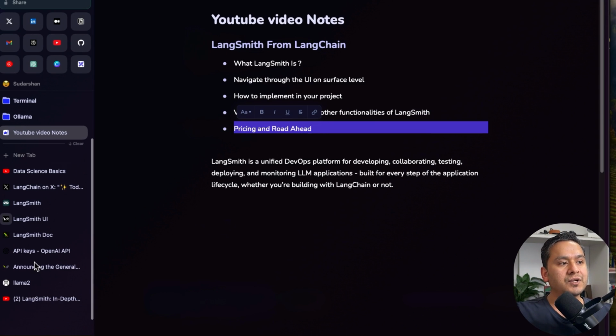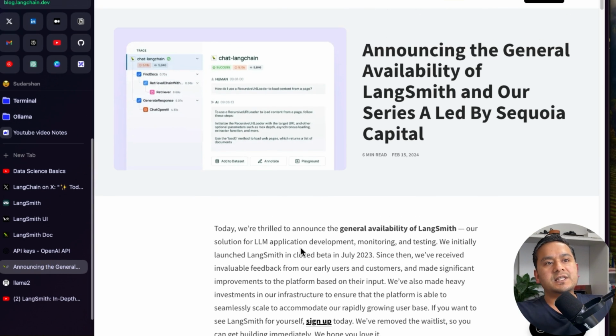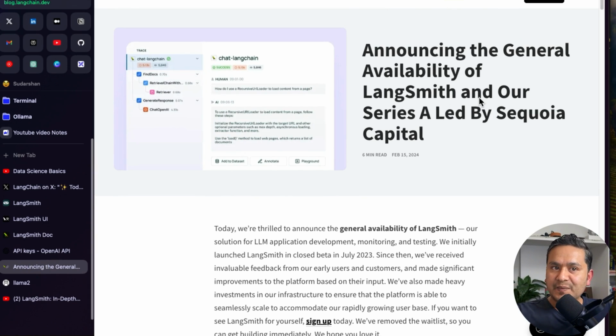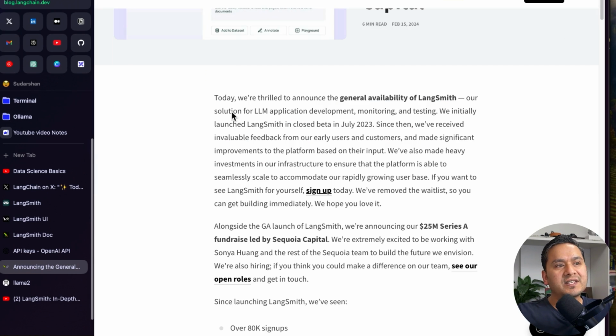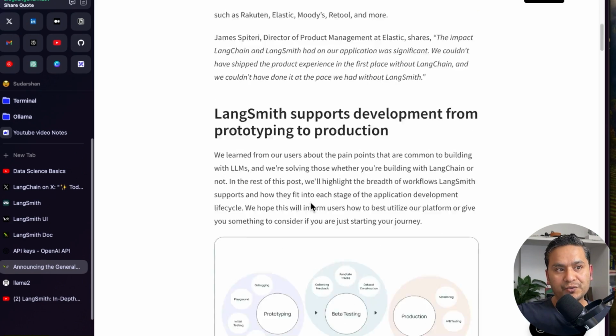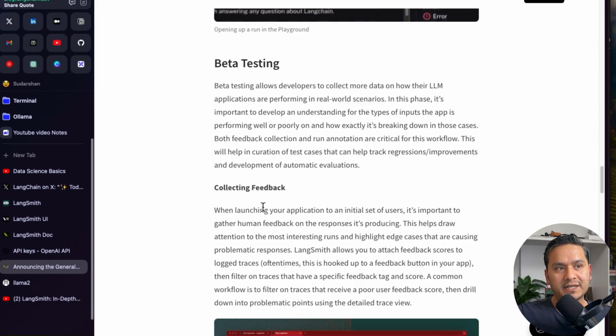For that also, let me go to the blog here. I think there is something here. Okay, this is the blog post announcing the general availability, okay, it's quite difficult to pronounce, of LangSmith and our series A led by Sequoia Capital. So as you can see here, you can just go here and see all the different things mentioned. But what I want to show you is, if you scroll all the way down,